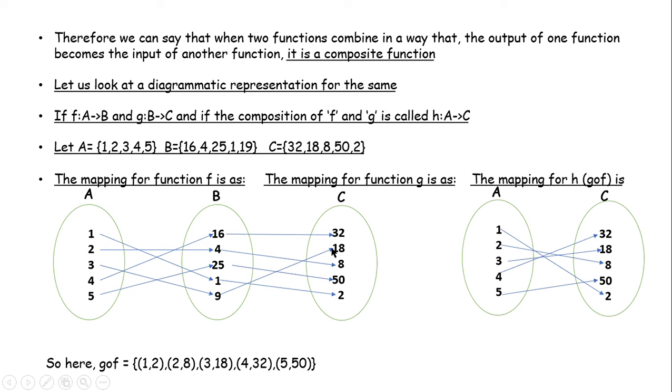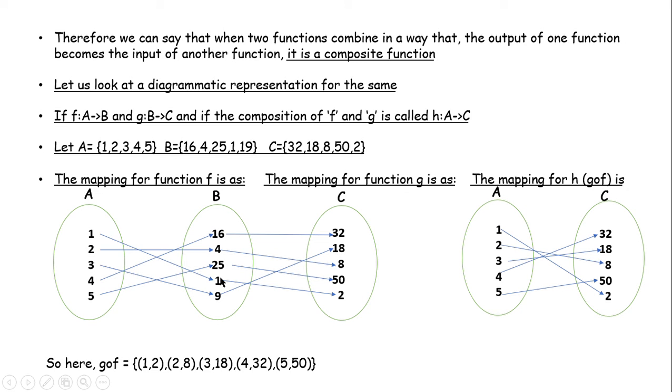So I assume that, following this common path, if there is a path from 1 to 1 and then a path from this 1 to 2, then there is a path from this 1 to this 2 also. Just like if A is a friend of B and B is a friend of C, then A is a friend of C also. So if there is a path from an element of set A to an element of set B, and then a path from that element of set B to an element of set C, then there is definitely a path from the element of set A to the element of set C through the common set B.